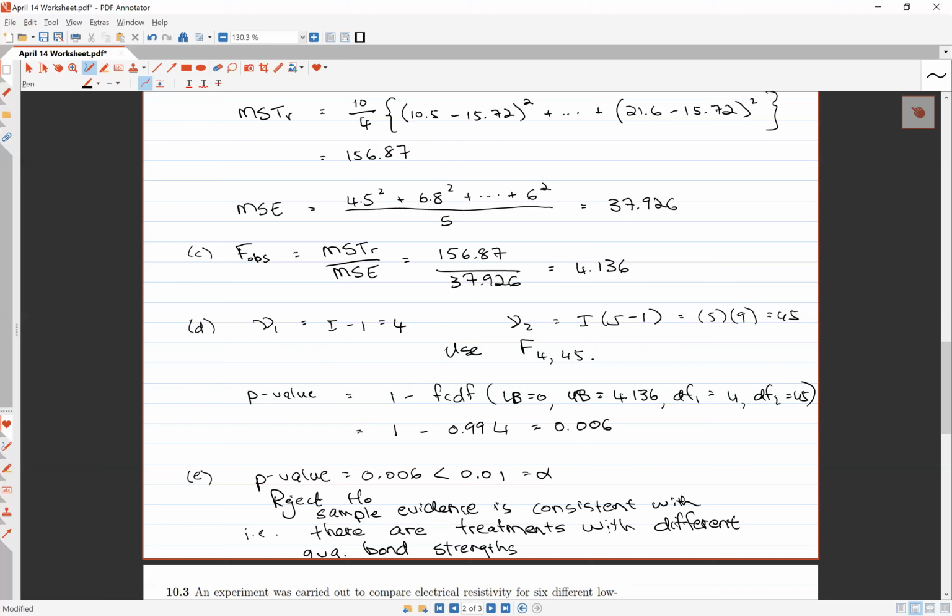But what we'll get to on Thursday is we're saying we're finding a difference, but where is that difference now? Are all the treatments different from one another? Is there only one treatment that's radically different from the rest? We don't have the ability to make a more definitive claim about which treatments actually differ from which other treatments just based on what we've done here. So what we'll look at on Thursday is something called a post hoc analysis, where we dig a little deeper to now figure out which of the treatments are the same,